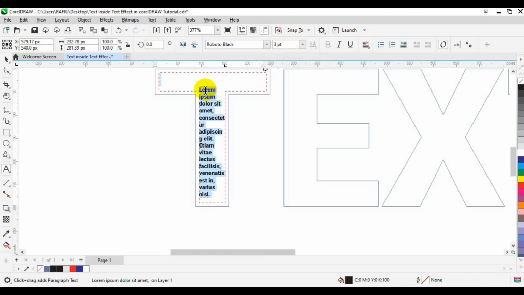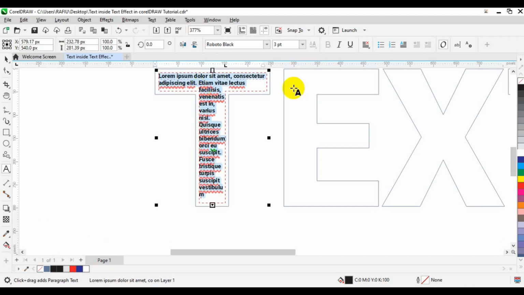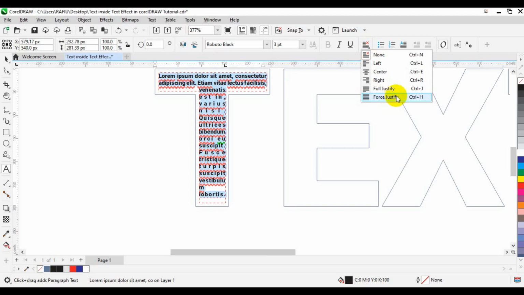Then you can adjust your text at this point here. What you need to do is to just press backspace on your keyboard. So each time you are pressing backspace on your keyboard, the text moves up automatically. Okay, then you can press Ctrl A again to select everything. Then you come to the text format right here. So you can make it full justify. So when you select full justify, this allows all the type to be full of the